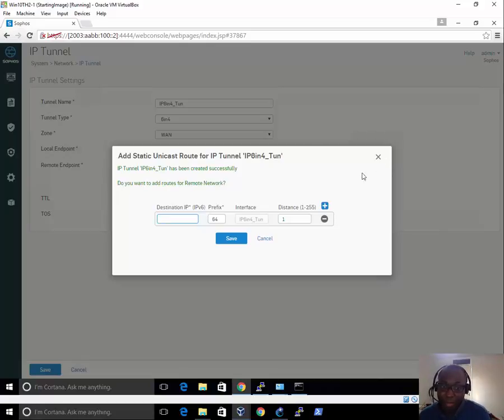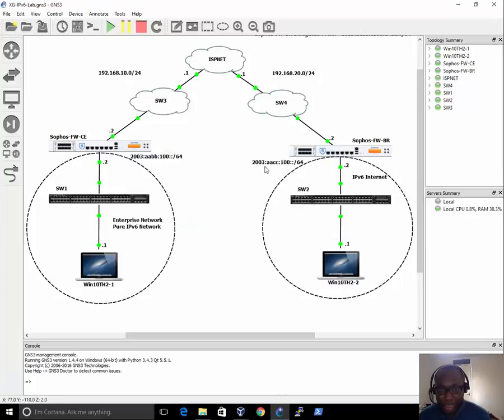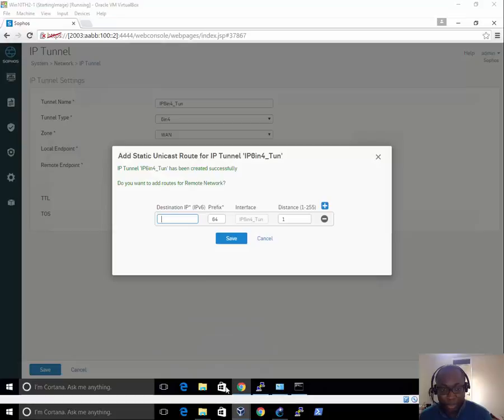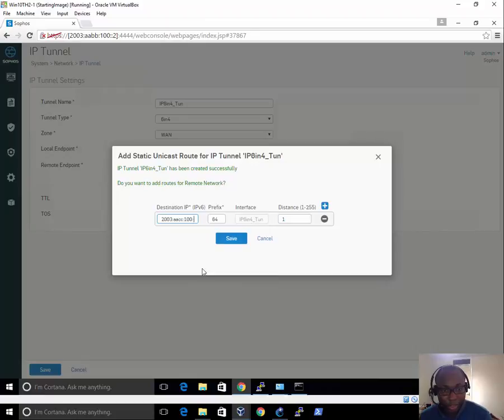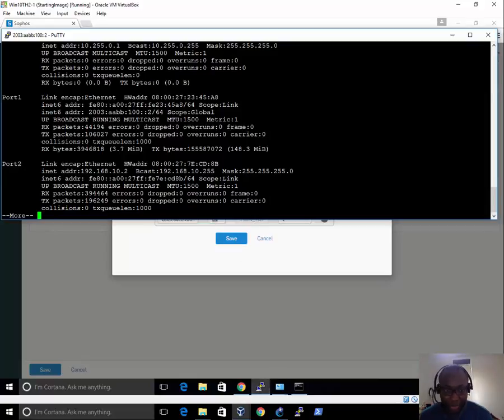It has no idea. So what I'm going to do is say, send anything going to this network, which is this network here, send it over this tunnel. I'm currently on this one, and I'll do the same from the other side too. So if I go back, just make sure, yep, got that enabled, and I'll just paste that here. So I'm currently on AABB 102, saying anything going to the AACC 100 network, prefix 64, send it through this tunnel. And if I save that,